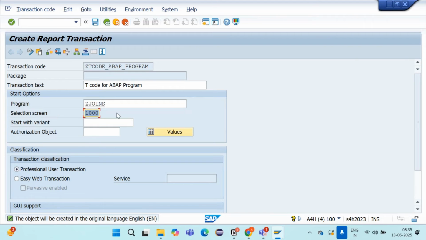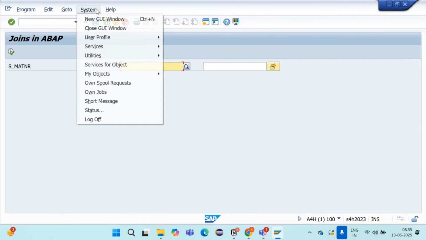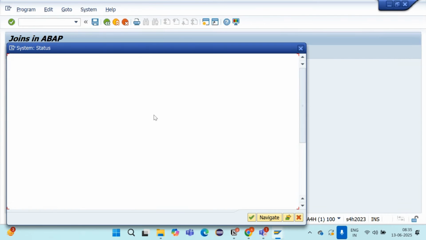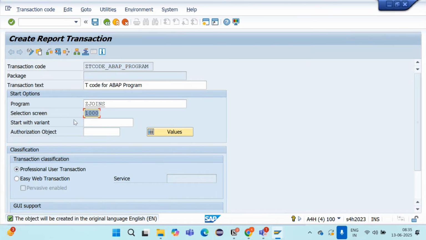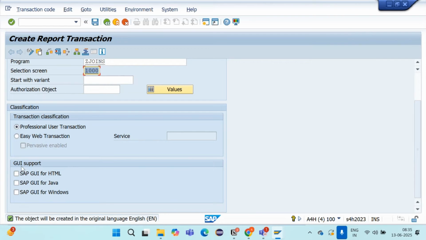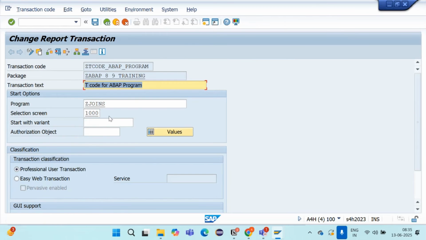We have discussed this already, that the default selection screen for every program will always be 1000. System status, see. So automatically it is giving here 1000. Always select all the GUI support here and click on save button. Package and transport request, and it is done. Your transaction code has been created. Now you can just copy and you will be able to use it.